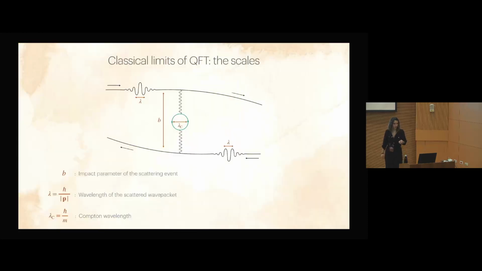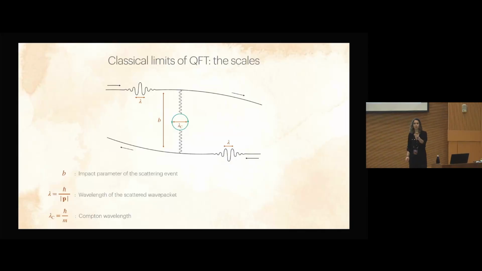And so we already heard a lot about classical limits. I wanted to give you just my picture. And I want to do this purely from a kinematic point of view for a 2-to-2 scattering in the center of mass. So what are the scales? In kinematical scales, we have the impact parameter of the scattering event, or if you want, the length scale probed by our experiment; the wavelength of the scattered wave packet, which if you have a massive state is the de Broglie wavelength, a scale associated with quantum mechanics, or if it's massless, it's just the wavelength of the wave. And then we have the Compton wavelength, which there's one associated with any particle in the spectrum, and it's really a scale associated with the vacuum, something related to particle production.